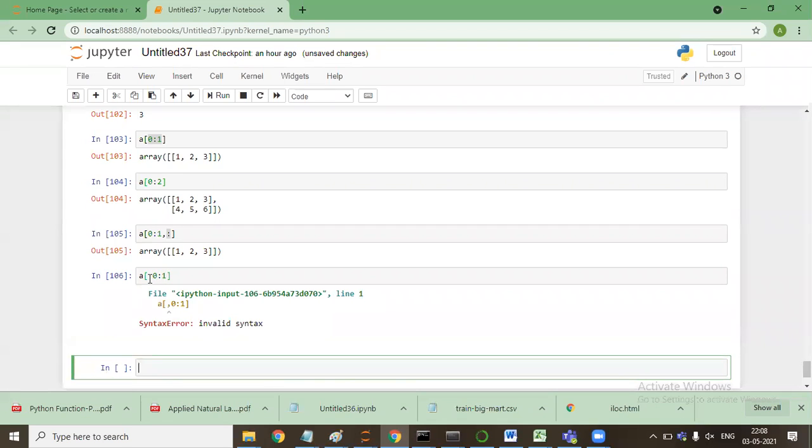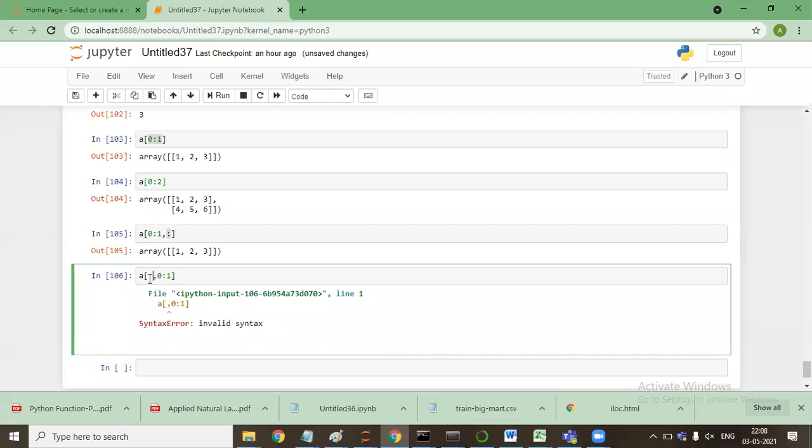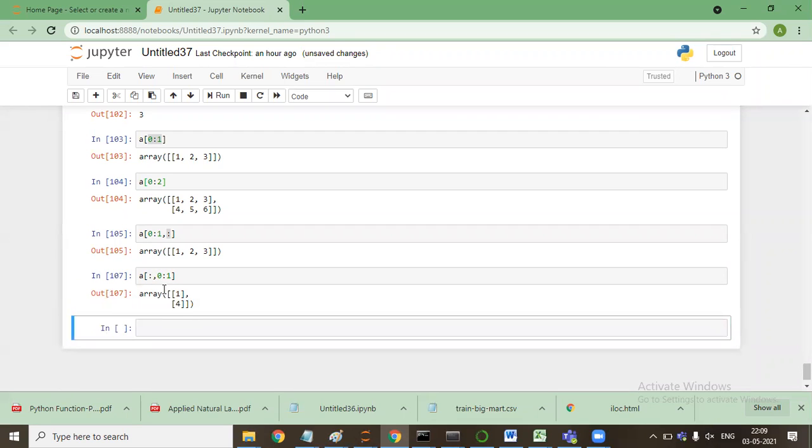Because I have to say, now it will say all rows and 0th column. Are you with me? Are you guys with me? No, sir. Come again, sir. Could you repeat?